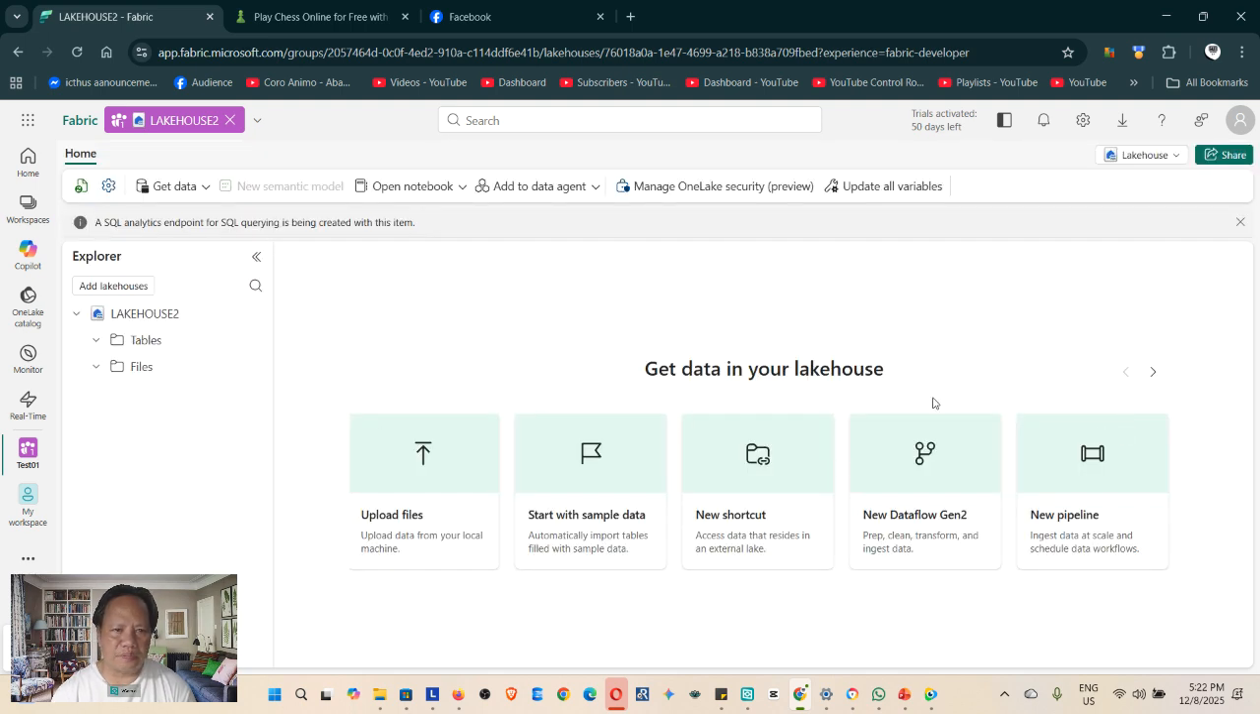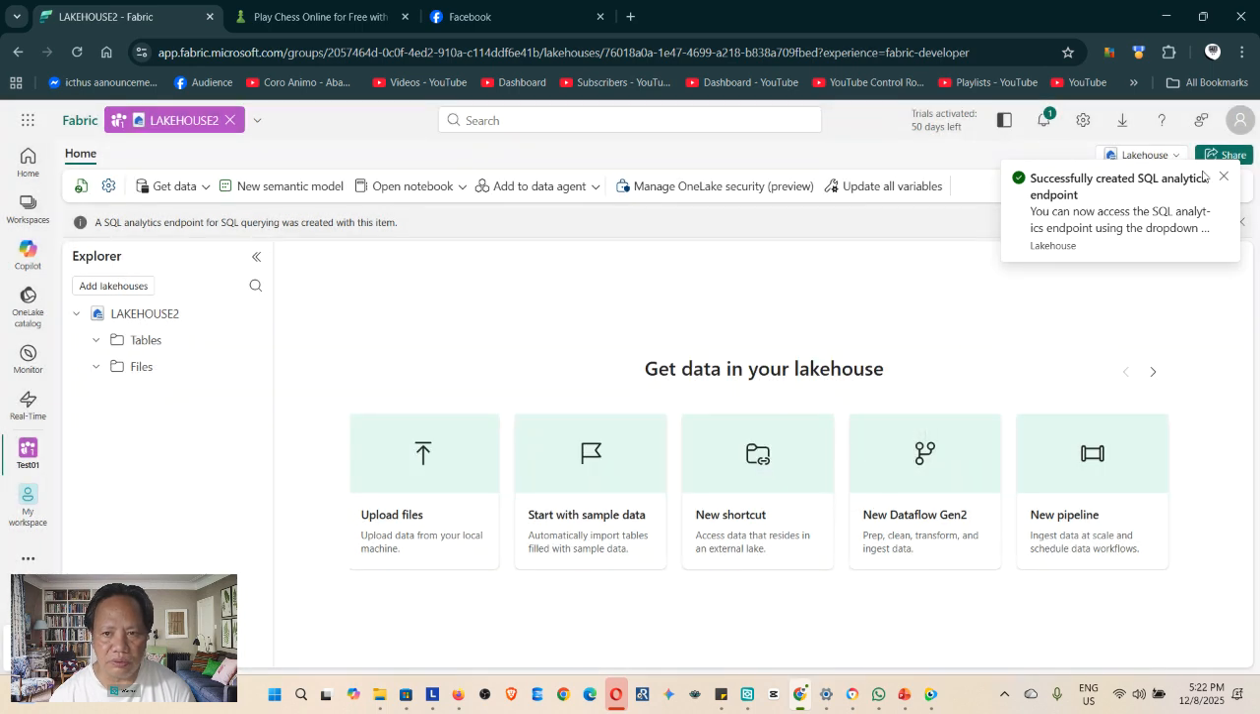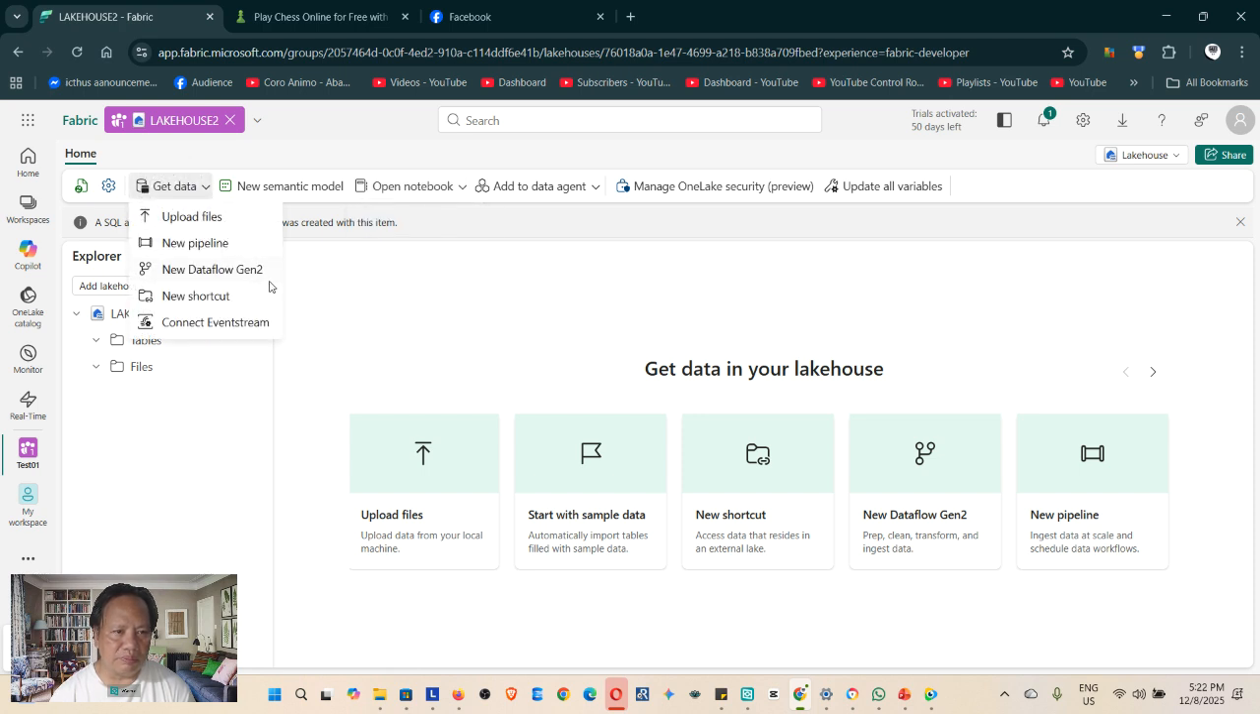And then you can manage security here, so you can give permission to who can and cannot view your lakehouse. And then you have the data agent. You can create notebooks from here. You can create a semantic model, get data, so you can upload files, and yeah. So basically, if you are into data engineering, a lakehouse is a combination of your S3 in Amazon